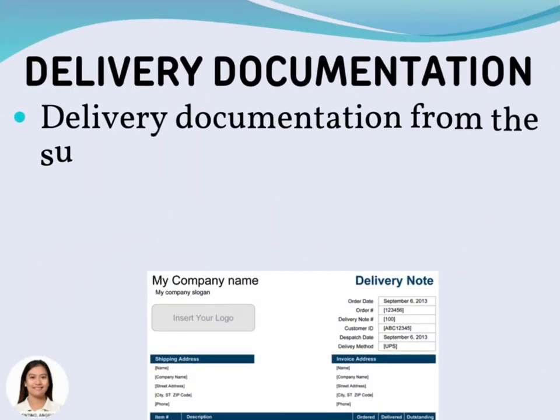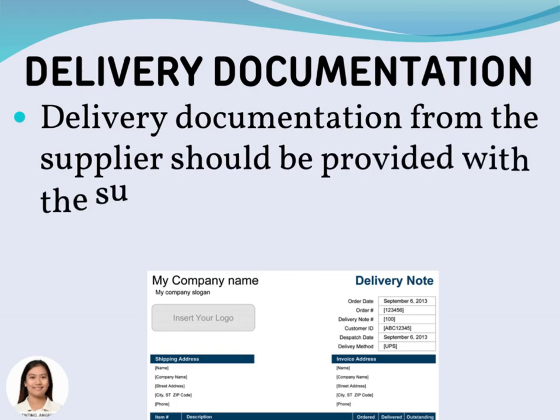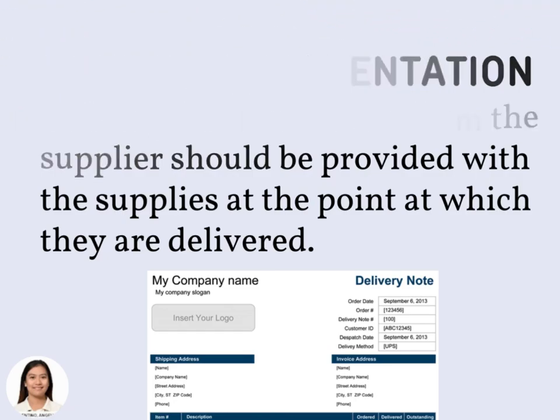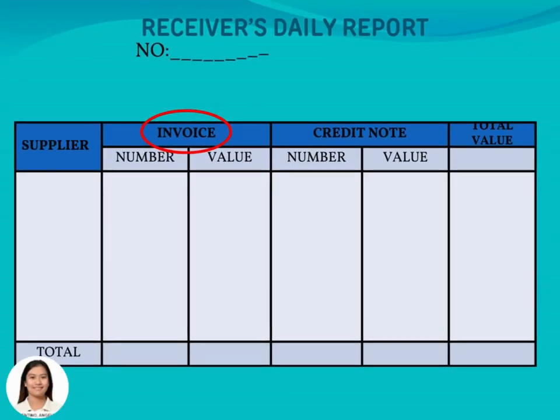Delivery documentation from the supplier should be provided with the supplies at the point at which they are delivered. It has a delivery note, which provides a detailed account of those supplies and a means of checking that the order has been fulfilled correctly. Receiver's daily report. The invoice, which may be supplied at the time of delivery or some time afterward, should reflect